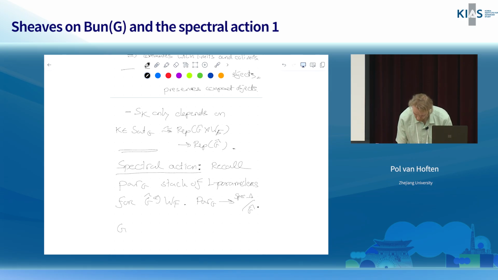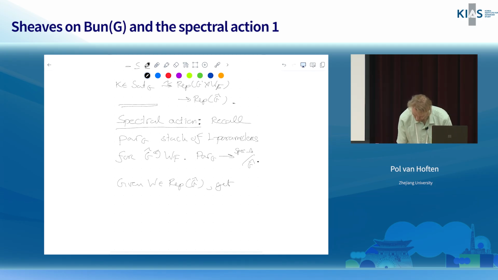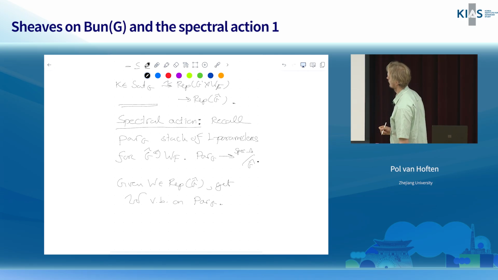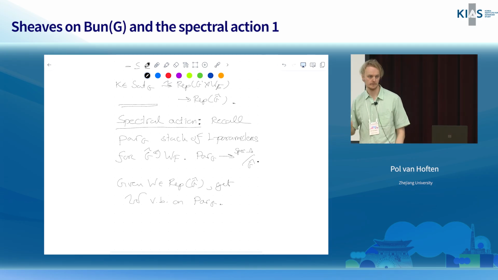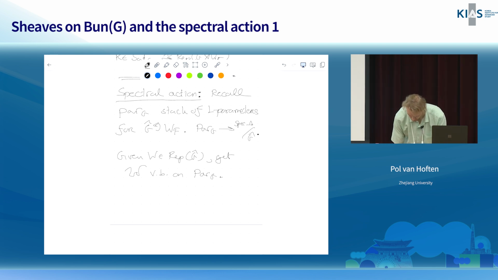And so given a representation of G hat, I get some curly W, sort of a vector bundle on Par G. So the idea of the spectral action is that I extend the action of Rep G to an action of vector bundles on Par G, or even perfect complexes. Okay, so Perf Par G